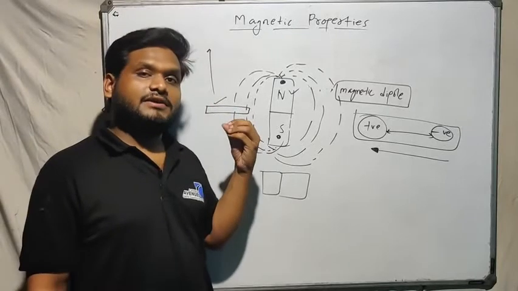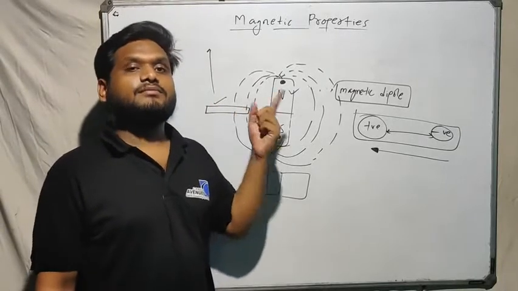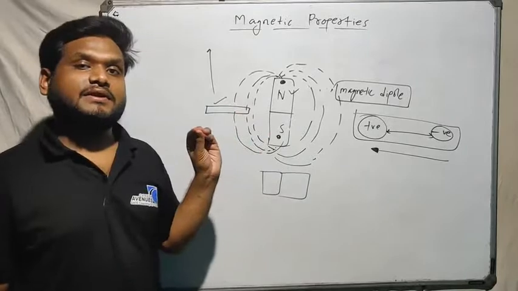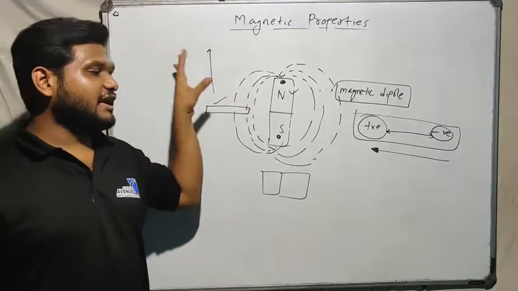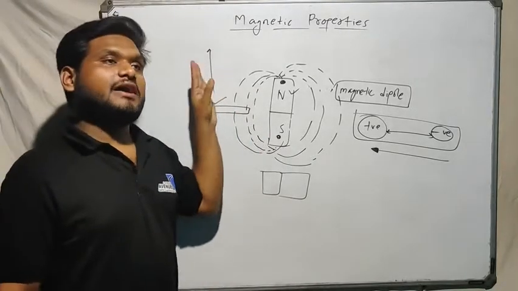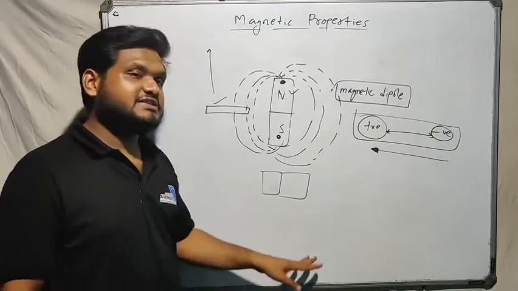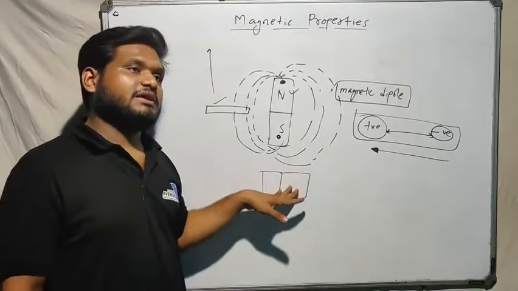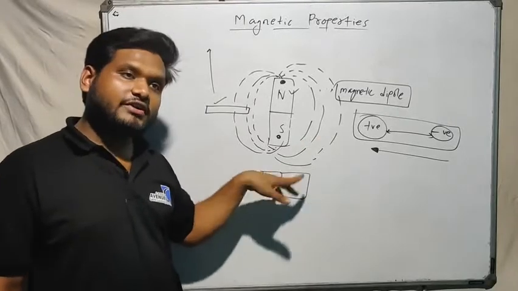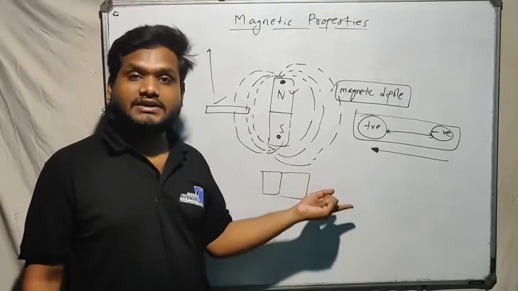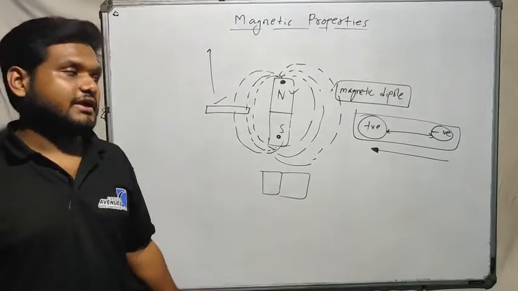I have given you a hint of what diamagnetic, ferromagnetic and paramagnetic materials are. It is all about magnetic dipoles and how they are present inside a material, whether they are already oriented or orient themselves when a magnetic field is applied.